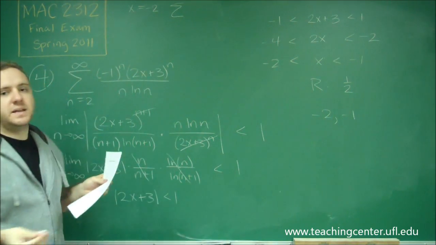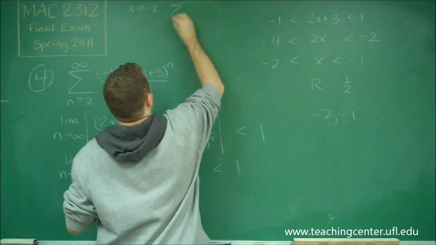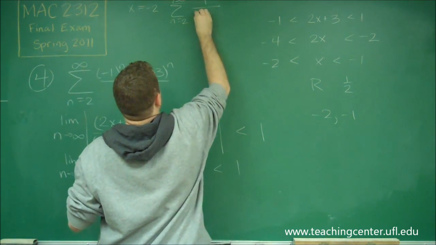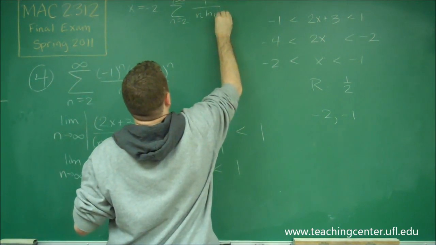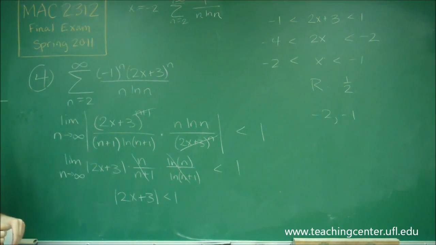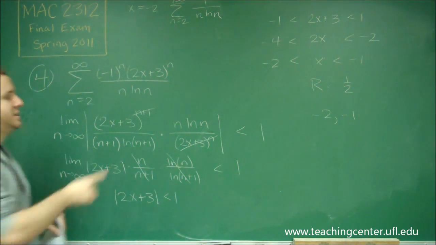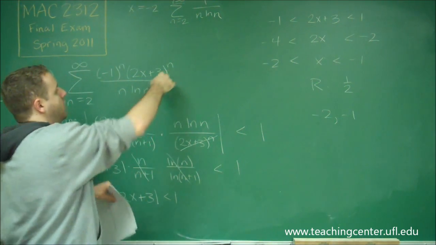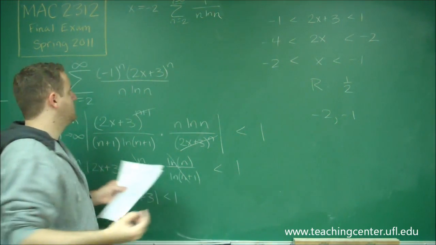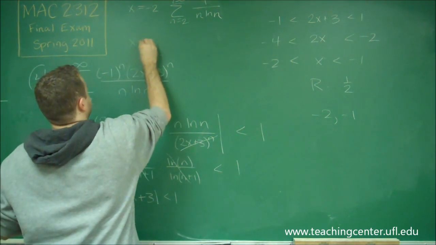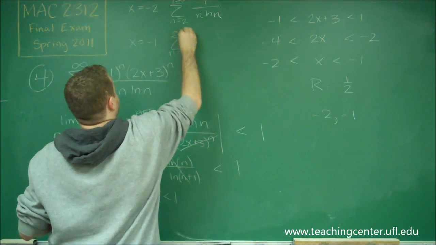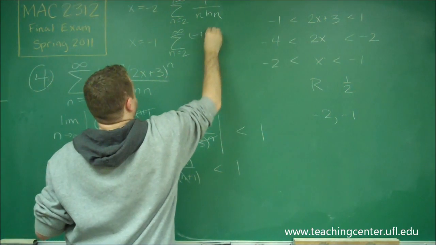The alternating things cancel out, and we just get the sum n equals 2 to infinity of 1 over n ln n. When x is equal to negative 1, the other end of this interval, this becomes 1 to the n, which just disappears. And we get almost the exact same thing. We just get the alternating version